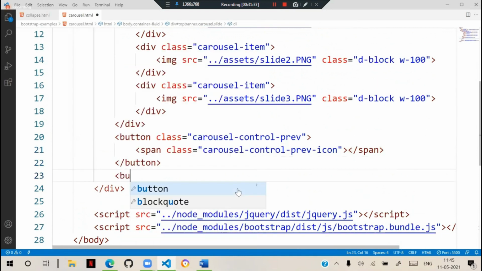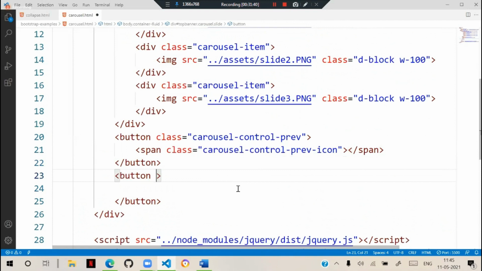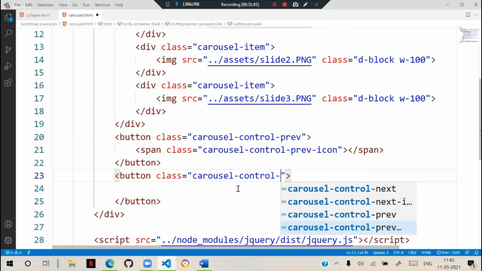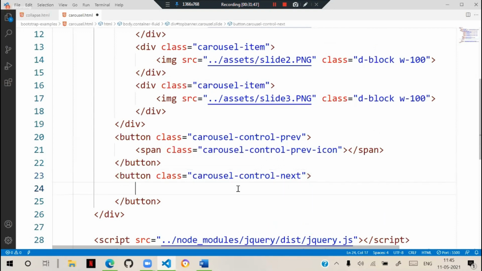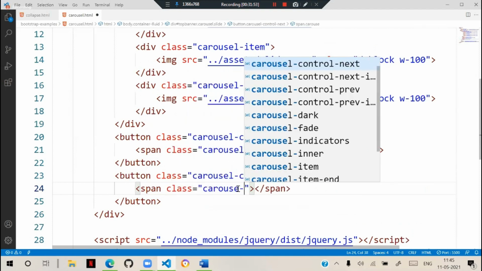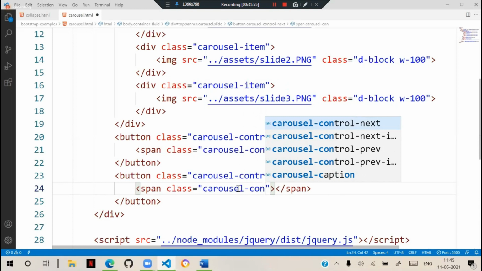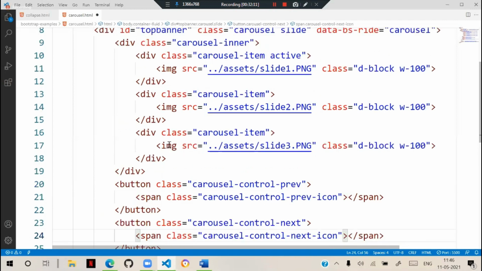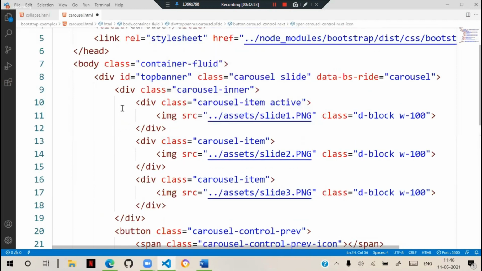Similarly, another button with class carousel-control-next, and in that a span with class carousel-control-next-icon. Now, very important, these two buttons should work for the carousel, so the target is the same carousel. Because in a page there can be many carousels, we must say which one.